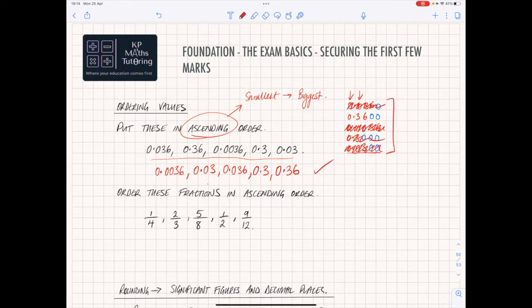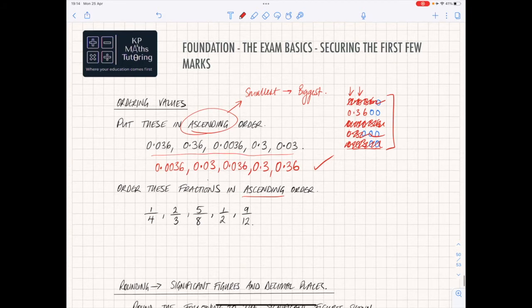If you order them up like that, making sure you don't make a mistake. Okay, next one, order these fractions in ascending. So again, smallest to biggest. When you have fractions, what you need to do is make the bottoms the same. So make the denominator